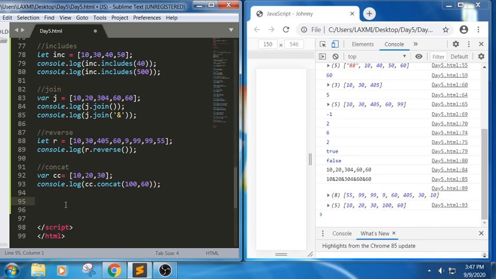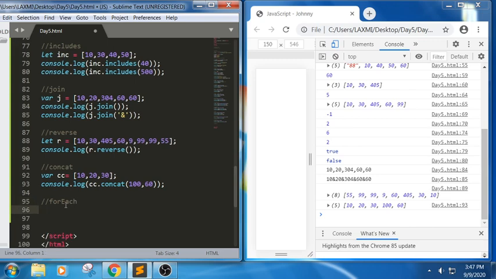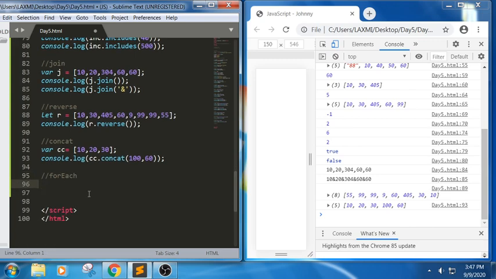Next we will discuss forEach. What is the use of forEach? forEach retrieves the data from an array, and it takes a callback function which has the value as well as the index. In the sense, it takes two arguments. As we discussed on the first day, we had an argument Johnny and a parameter name. In the same way, we use two arguments here, value and index.